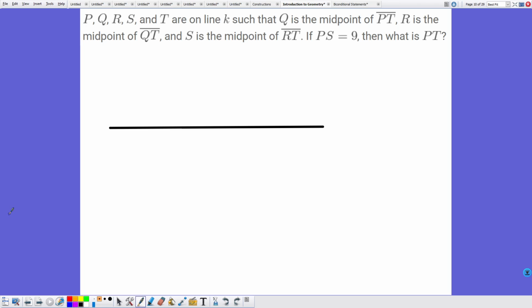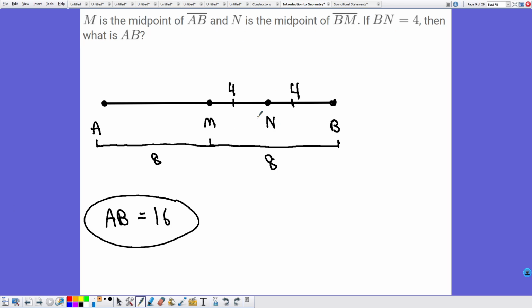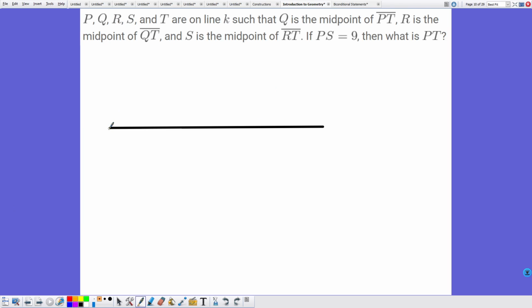All right, Q is in the middle of PT, R is in the middle of QT. So that means R will be sort of like in the inner part of the segment, just like how point N was over here. So we can just go ahead and say that the two endpoints are going to be probably P and T. So again, Q is the midpoint of PT. So somewhere in the middle is point Q. And then